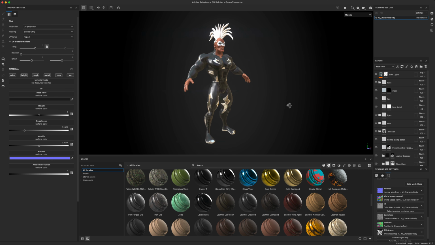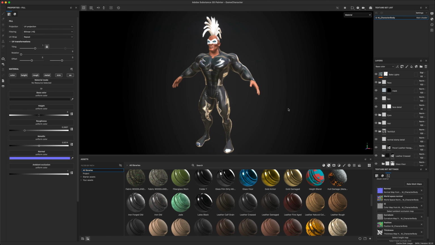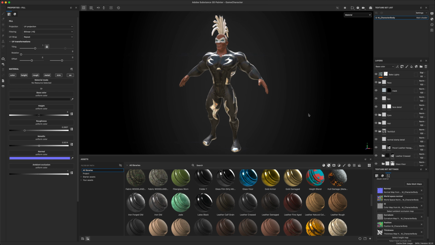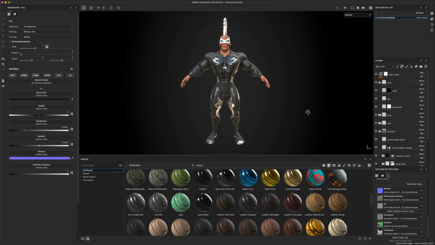Let's take these maps. We'll export them out from Substance Painter and bring them into Maya so we can apply the materials and begin to start rigging the